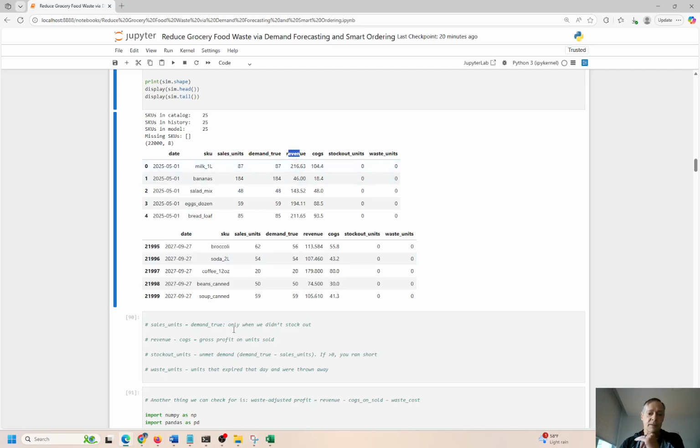So that is important. Revenue minus COGS is basically not your profit, but your gross profit, right? So revenue minus COGS, cost of goods sold, is your gross profit. You'll still have other costs, like you have to pay the staff to manage the grocery store. You have to pay the electric bill to keep the lights on, and the freezer for the ice cream, and